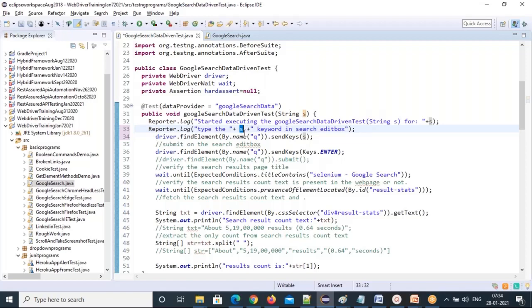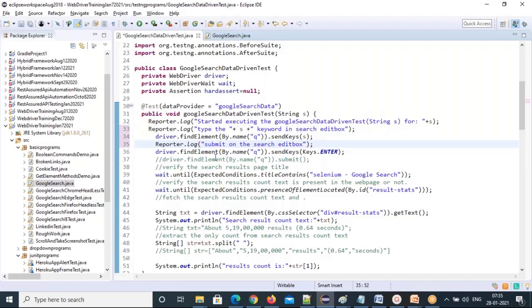First time Selenium will be typed, and the Selenium value will be used here. Next time UFT, next time Cucumber, next time Cypress. Every time this parameter value will come from the data provider annotation. That's how it will repeat this test case step multiple times. So let's do this. Submit on this search box.